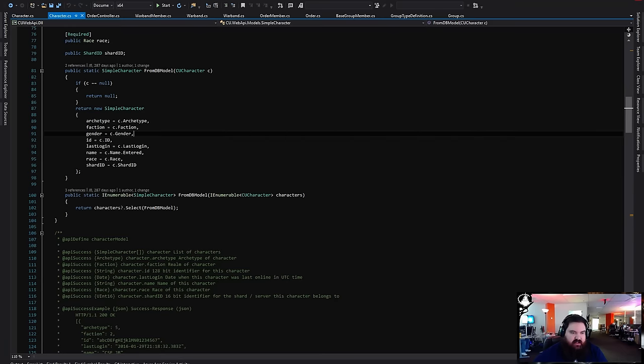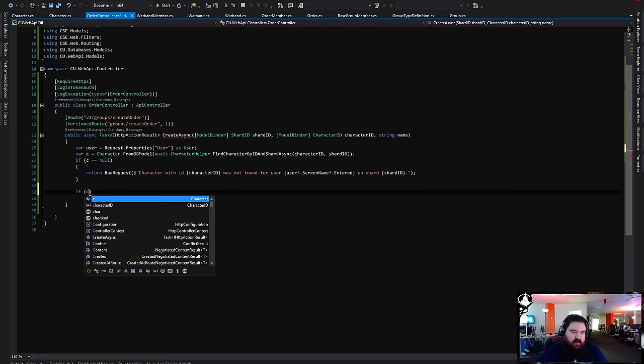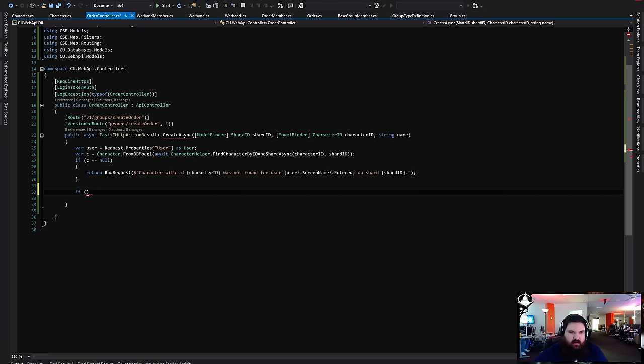So then we can actually check here. I don't need that wrapper.